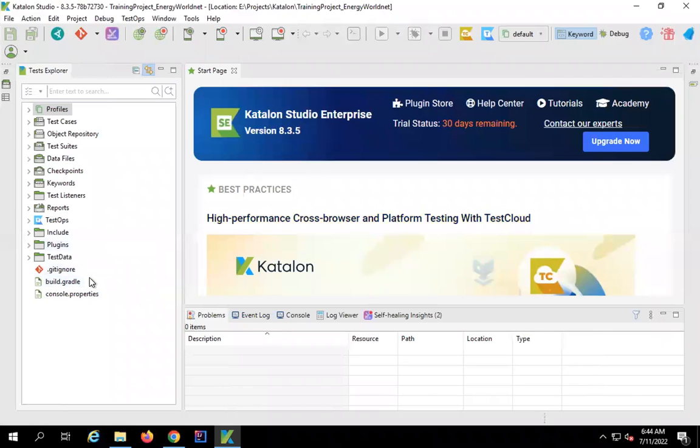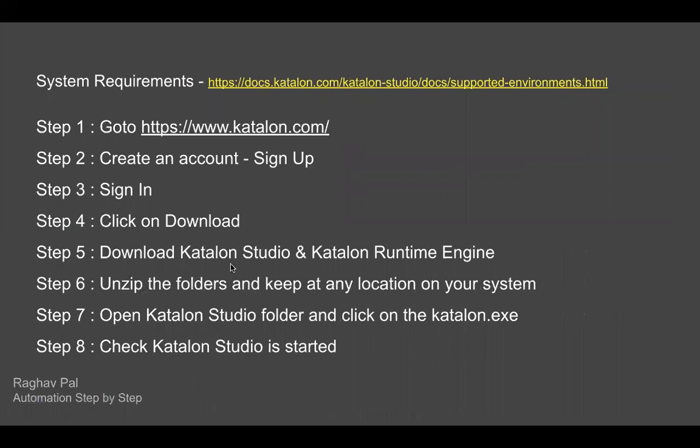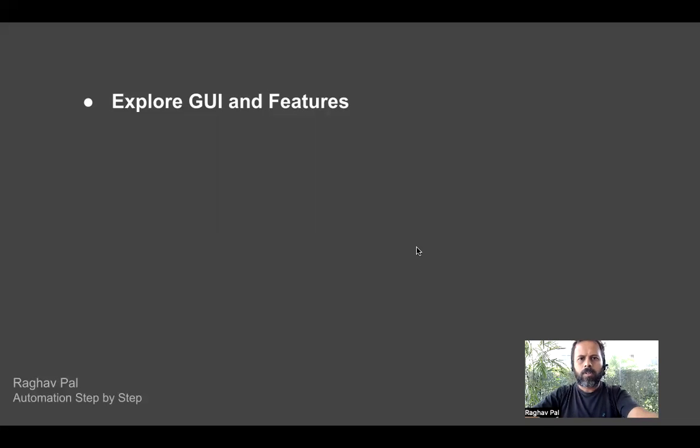Okay, so we have done this topic on download and setup of Katalon Studio. Now, let us explore the GUI and features of Katalon Studio. I hope all of you now have Katalon Studio ready on your systems, and we can now explore